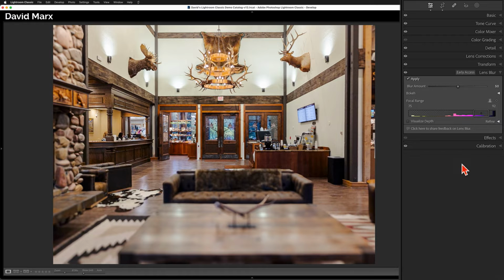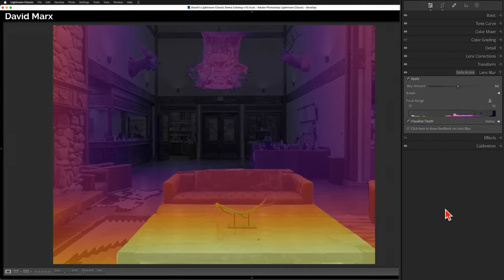If you want to see the depth map that the AI created, if you want to see its guess about what's near and what's far, then tap on this box beside the words Visualize Depth. When the screen looks like this, Lightroom is using warm and cool colors to represent different distances.